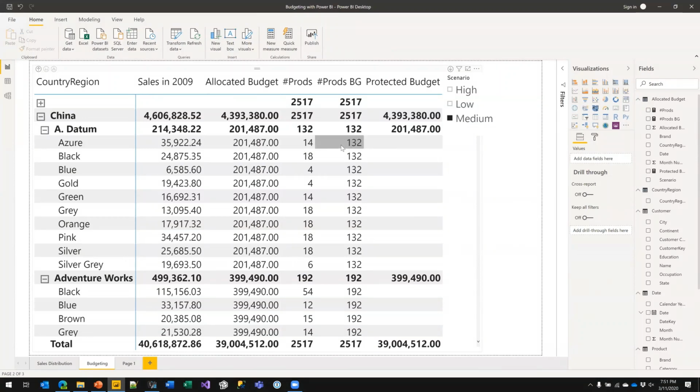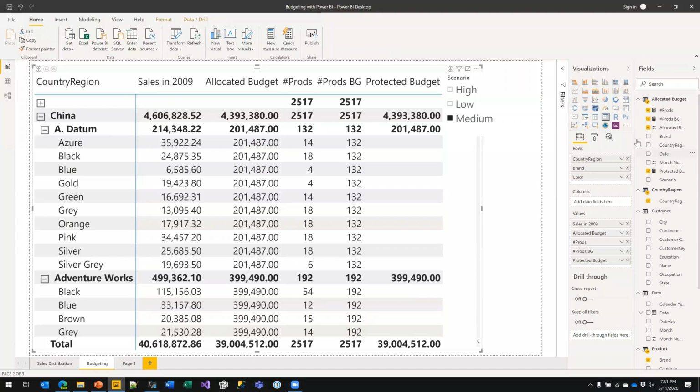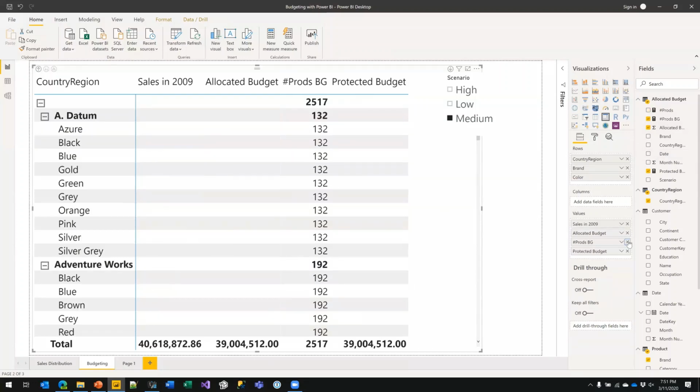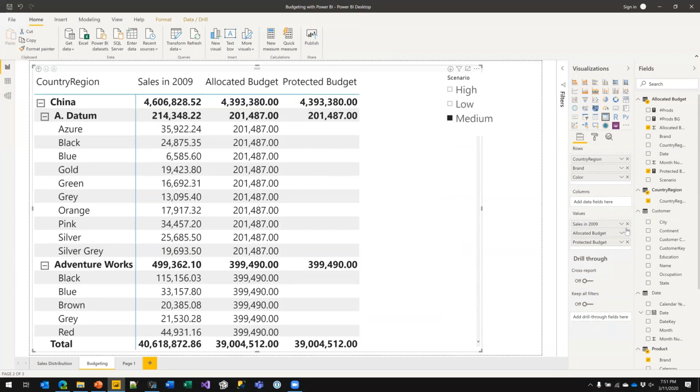Now, I still see a lot of values here, but I now can start getting rid of the useless temporary calculation. I don't want that. I only want the allocated budget and the protected budget. And you see that while allocated budget repeats number, protected budget blanks it out.